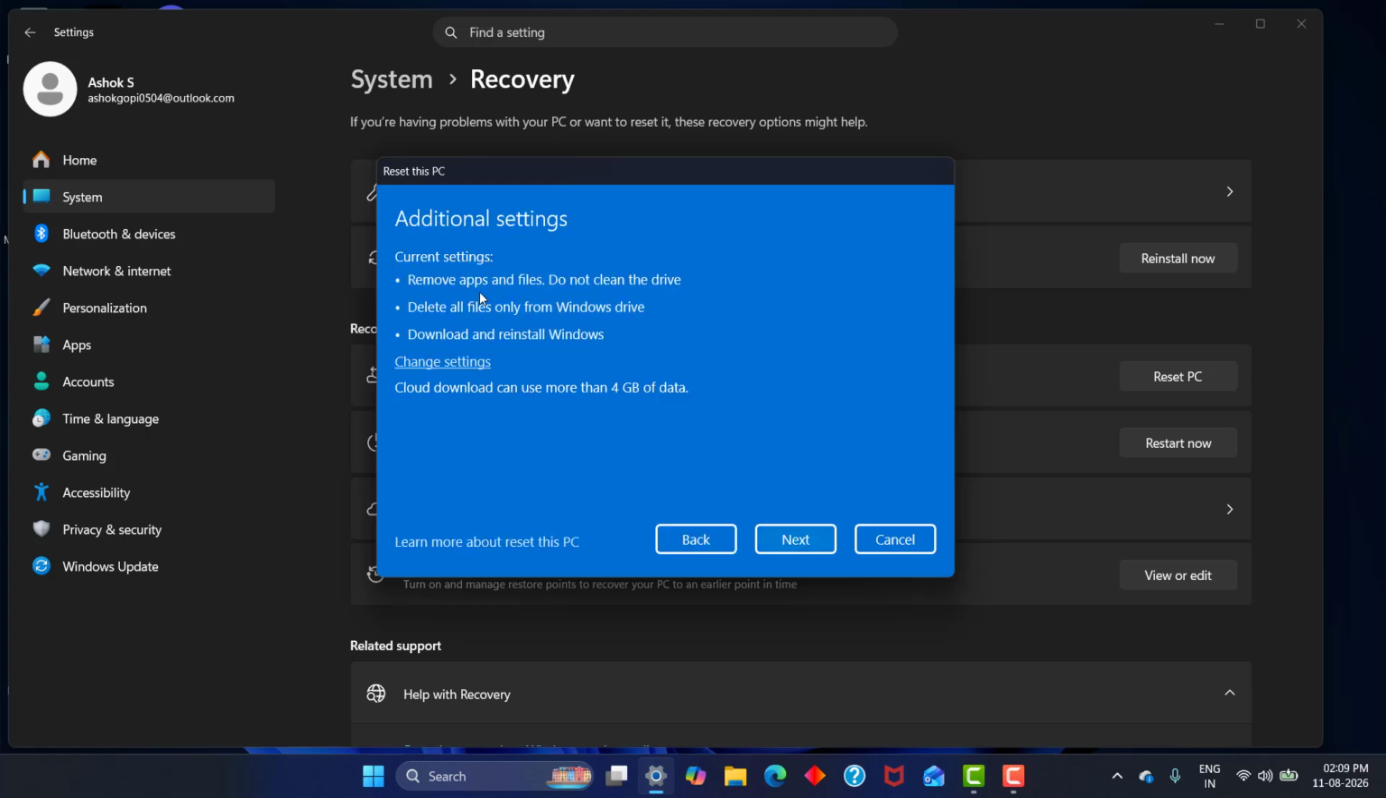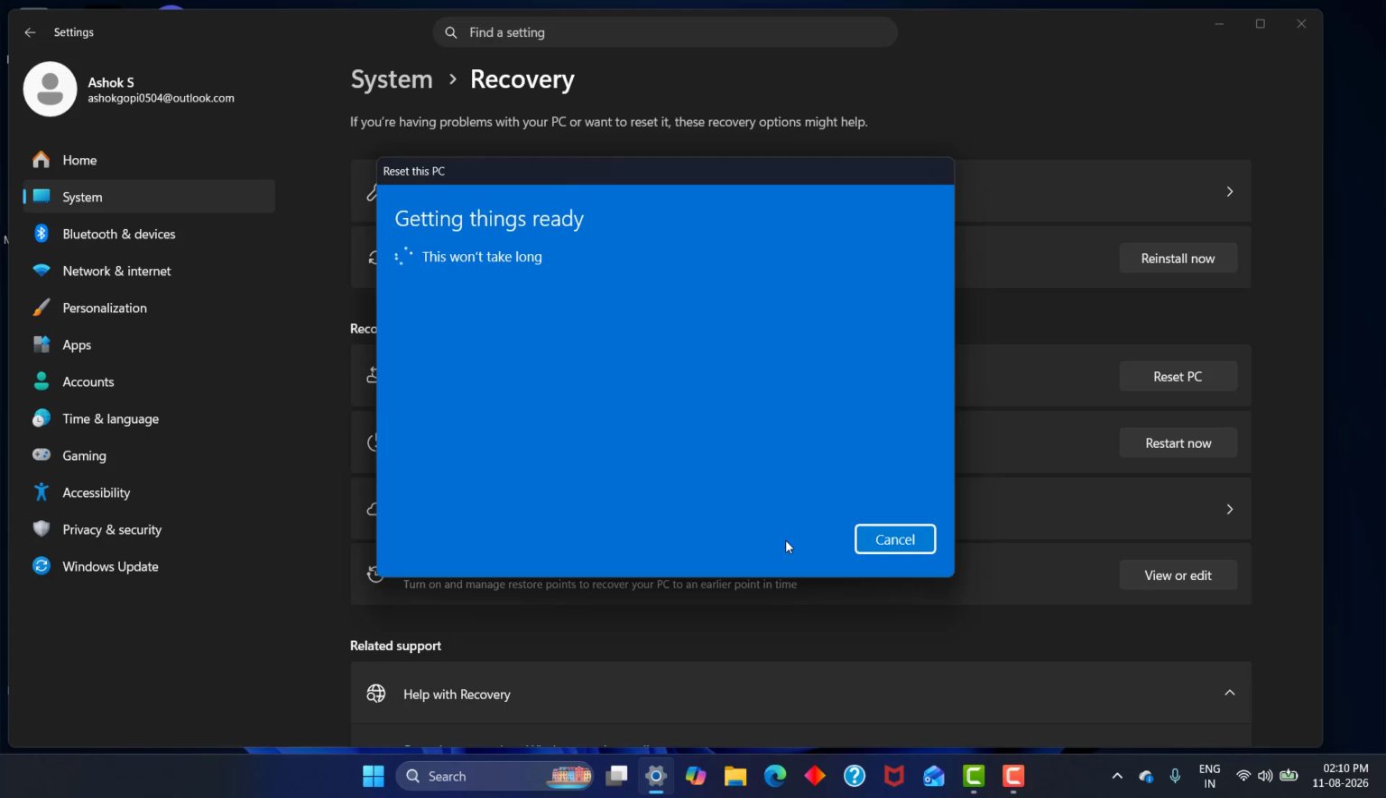Remove apps and files, do not clean the drive. Delete all files only from Windows drive. Download and reinstall Windows. Click next. Make sure you have enough memory space and click reset. So these are the two ways to reset the